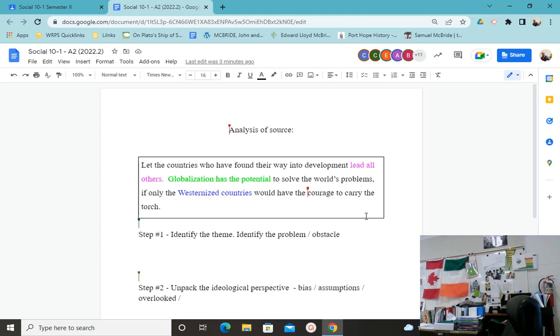Globalization maybe has potential. There are people deglobalizing right now, so some of them might be a little less pro-globalization than you might be. At this point of the course, everyone should agree that, well, it's kind of central to the source. So, in terms of your thesis statement is your solution to the problem.